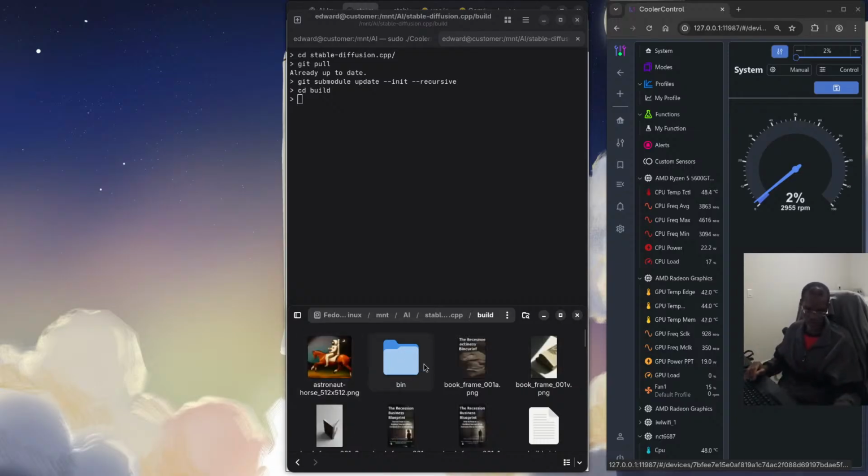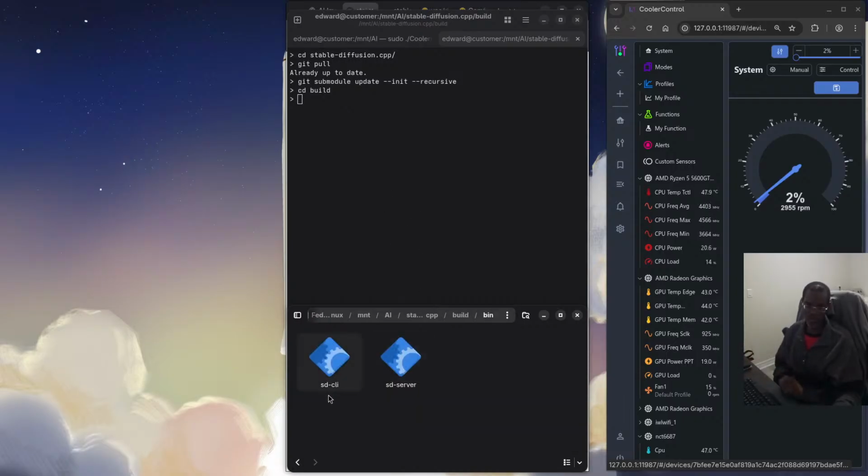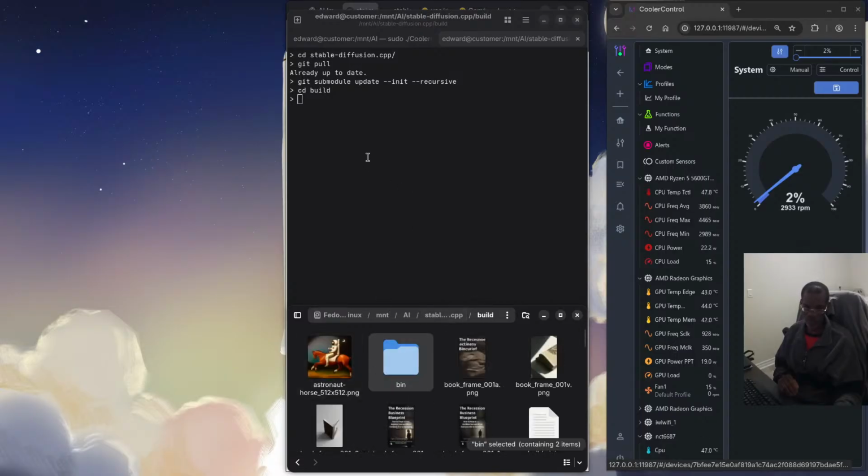And if you guys remember, I moved all the images out and I put them back in here. So in the bin folder, after you do compiling, at least on Linux, you get the sd-cli and sd-server. I haven't played with the server yet. For now, I'm just using this one. And if you're going to compile, I said I already compiled this earlier today, so I'm not going to redo it because it's just a waste of time. You can watch the earlier video, but